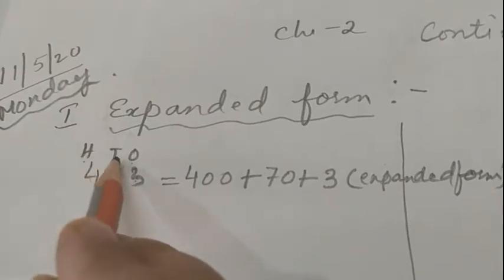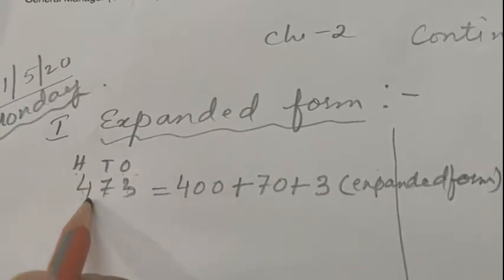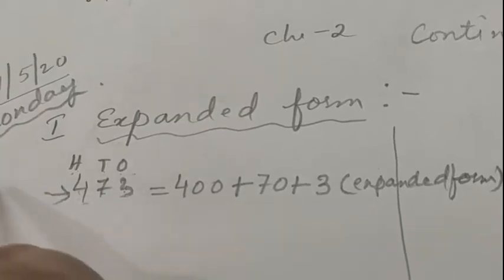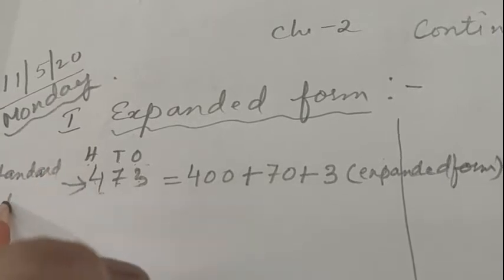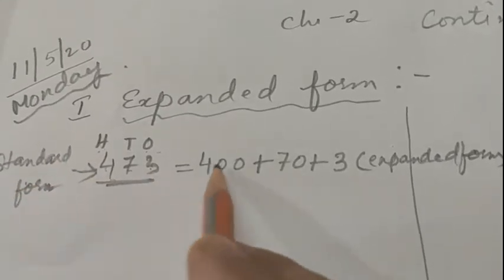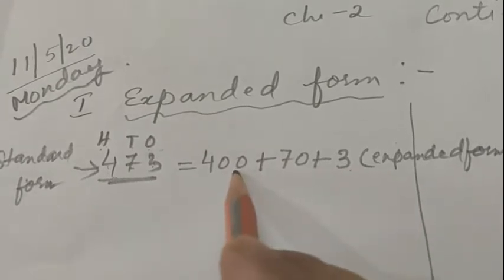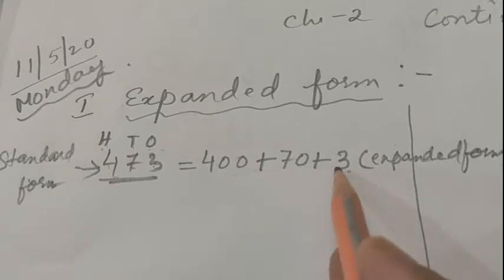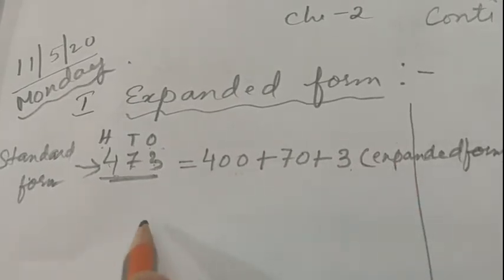First you have to write hundreds, tens, ones. And when you are writing the full number, this number is called a standard form. Already we have done this, children. So this number is called a standard form, and when we are stretching it, writing separately each one and telling the position, telling the place value, that time we say that it is in expanded form. Let us take another number,